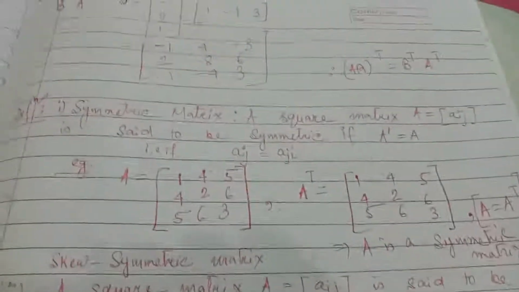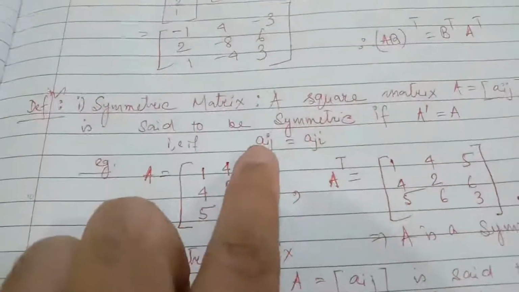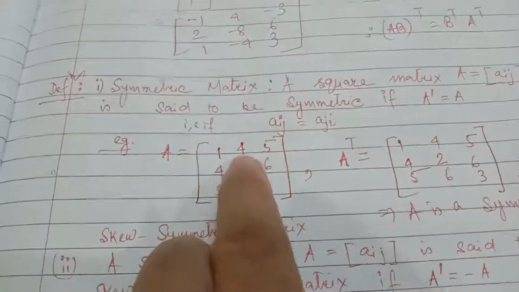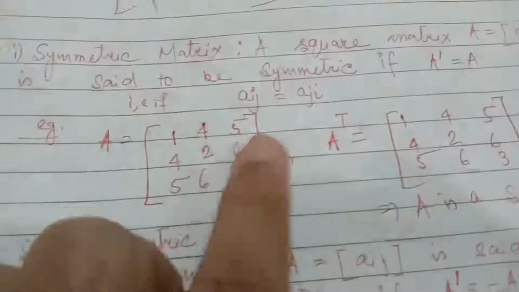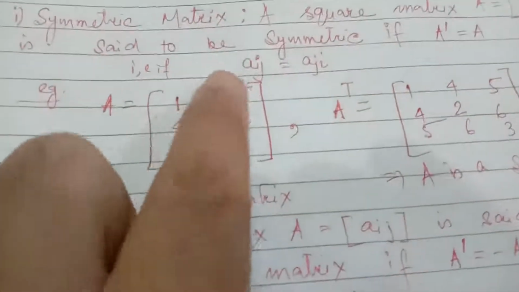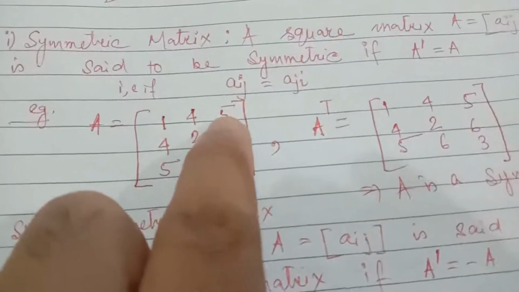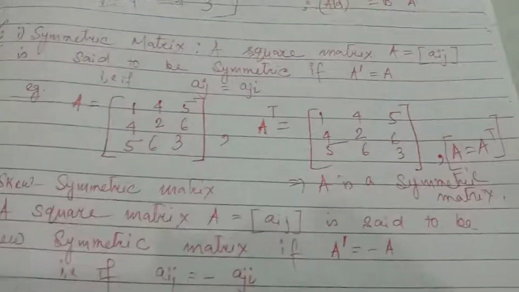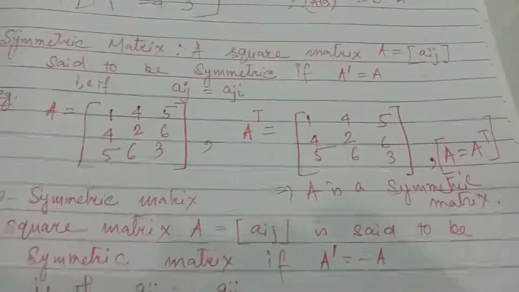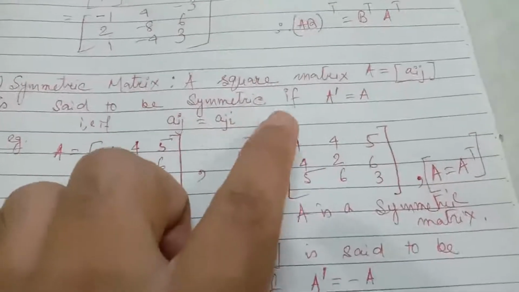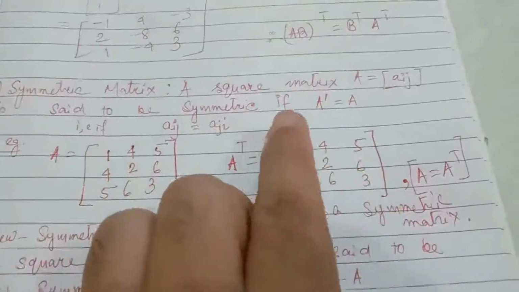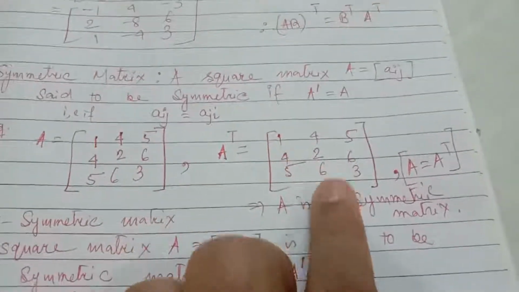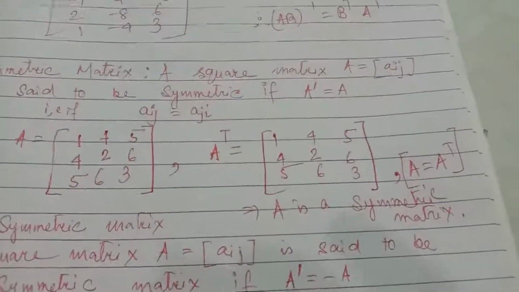So in a symmetric matrix, the element in the ijth position, you see this is A12, the element 4 is A12 and this is A21, these two are the same. This is A13 and this is A31, 5 and 5, these two are the same, you have to remember. Now there is a very simple way to remember how to write a symmetric matrix. You write any 3 elements along the diagonal. Next, if you write 4, 5, 6, you have to write 4, 5, 6 in this way also. You will get one symmetric matrix.